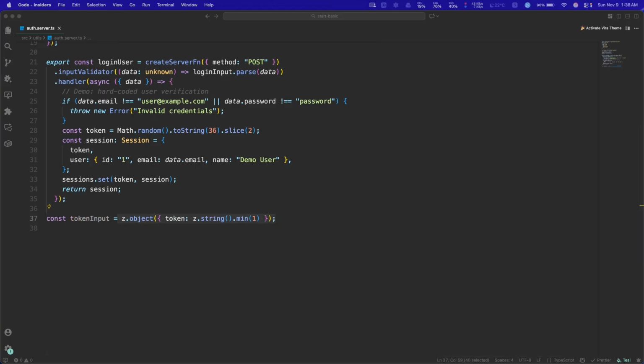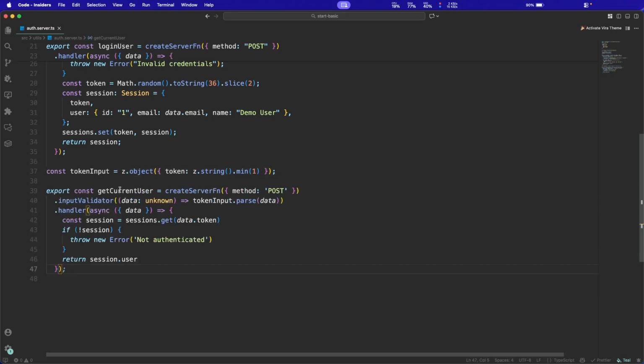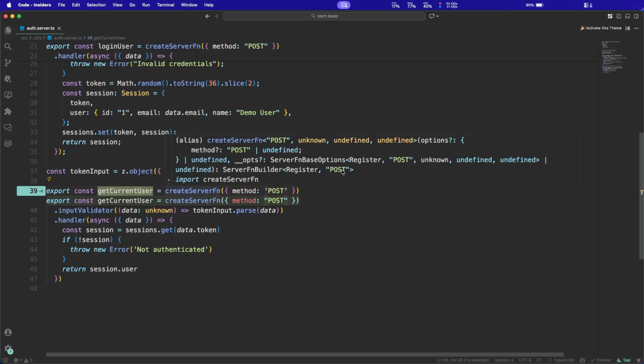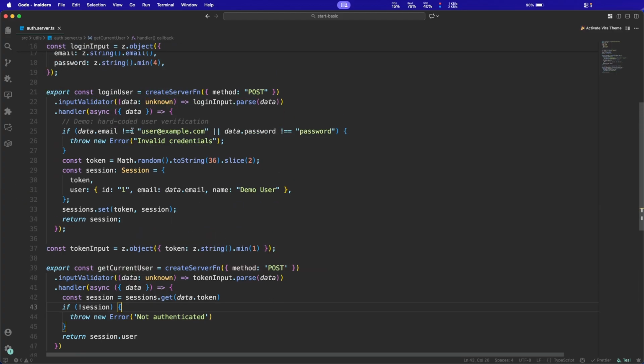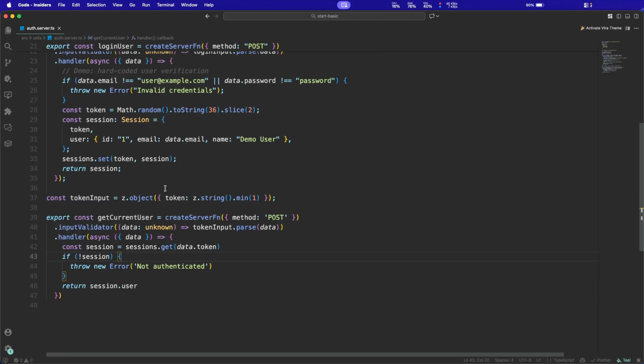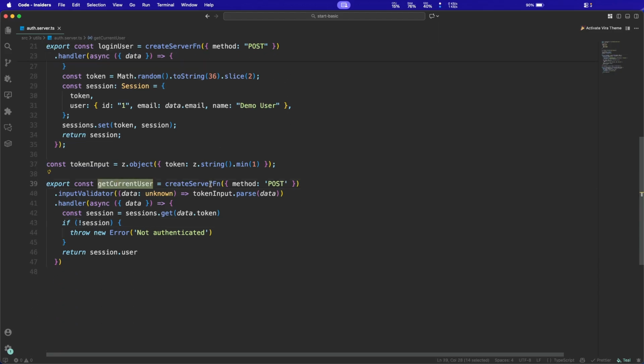And for getting the current user, it would be a post method also. We get the current user. So let's check. Similar, there is no difference here, because consistency is the key. This consistency, you see, the current user